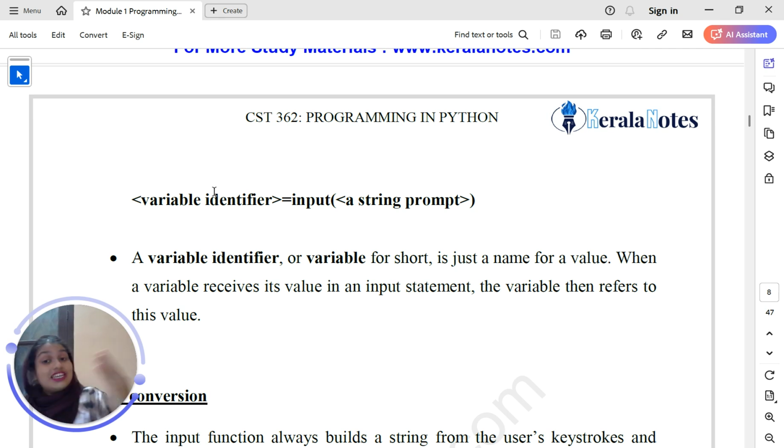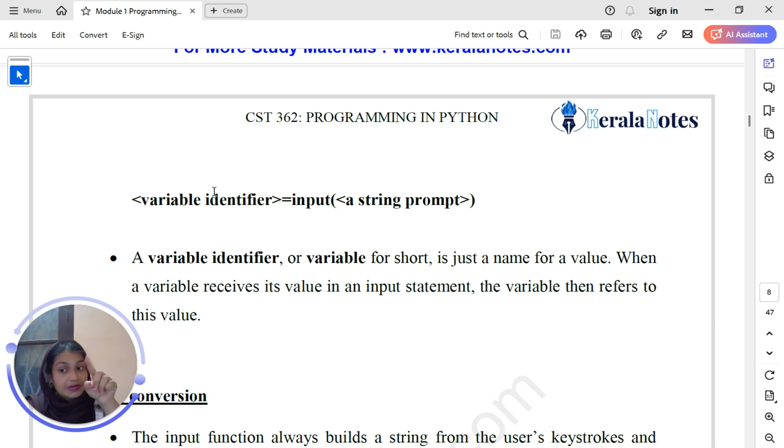Now here, equal to input. Input means we are asking the user to input, with a string prompt. For example, we want to find the area of the circle, so the string prompt is "Enter the radius of the circle", and I'm writing 5, then 5 is taken as the input and stored. Taking the variable identifier as radius r, r is equal to input, and inside the quotation marks we write "Enter the radius of the circle".